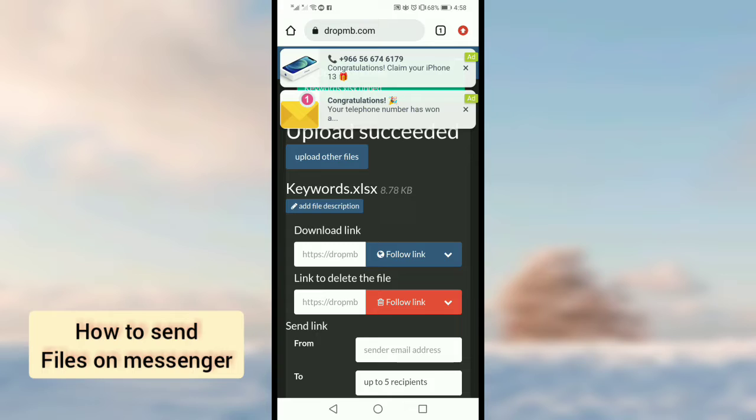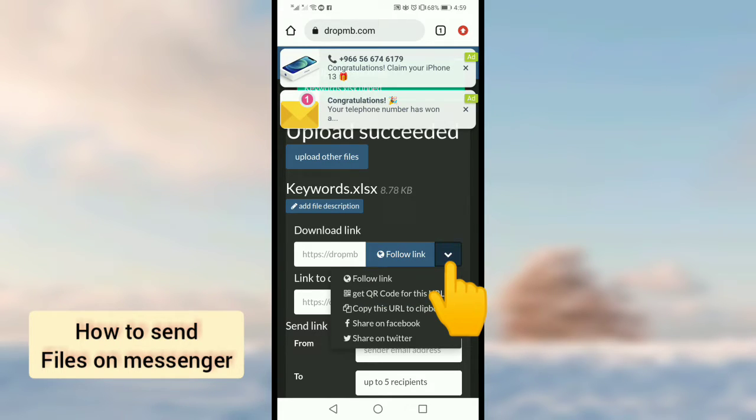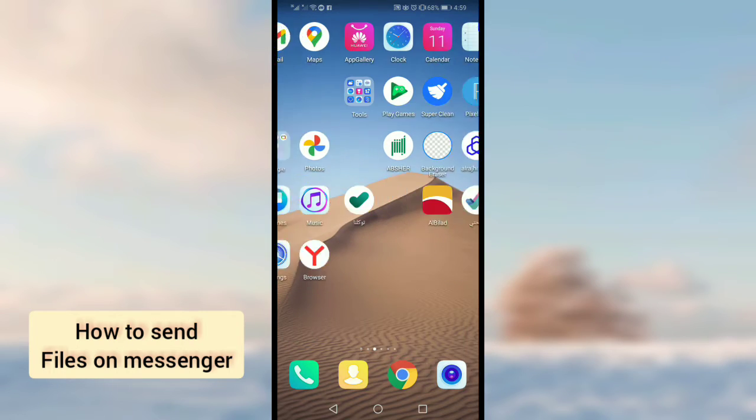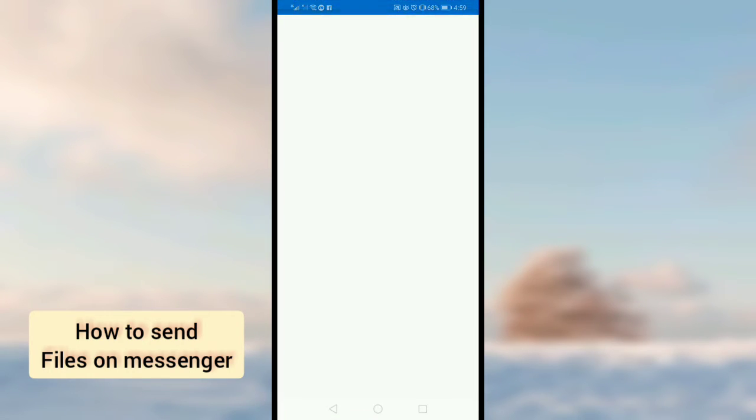Now you should have to tap on the drop down menu, here the follow link, and you will see some options. So you should have to tap on the copy this URL to clipboard. Now the link has copied. After that, close this website and open your Facebook Messenger,